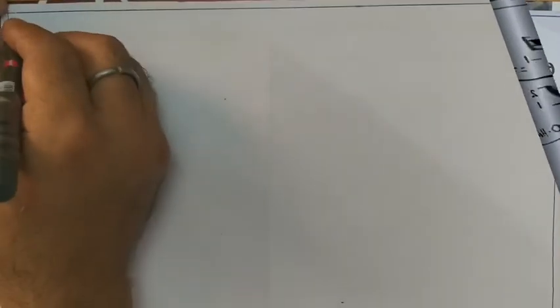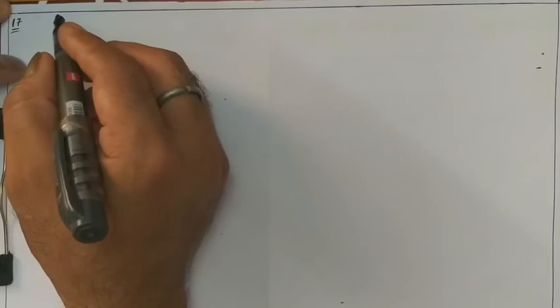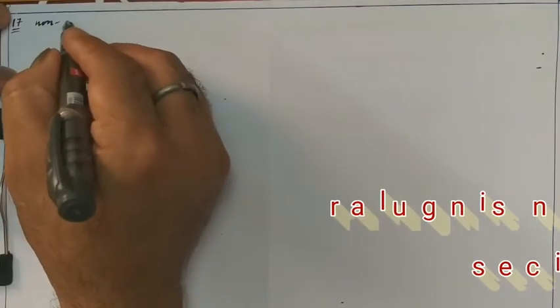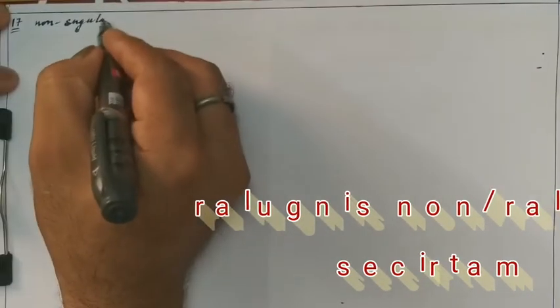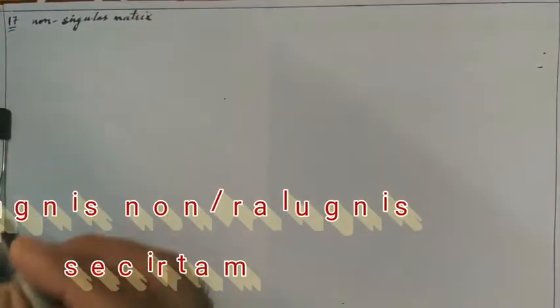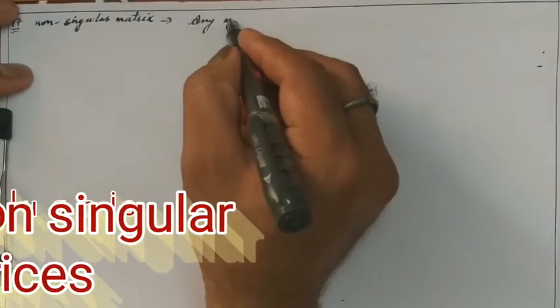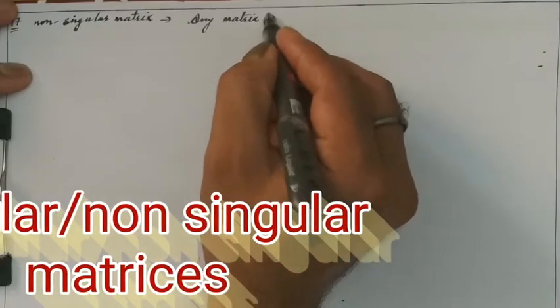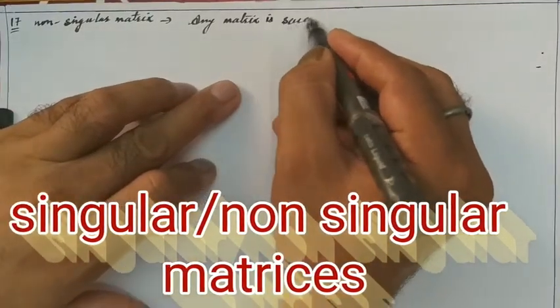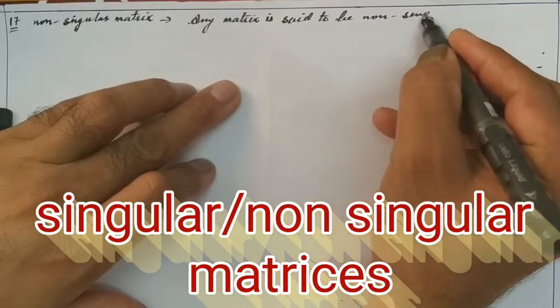Question number 17 is MCQ type. Let A be a non-singular matrix. First of all, you need to understand the meaning of non-singular matrix. Any matrix is said to be non-singular